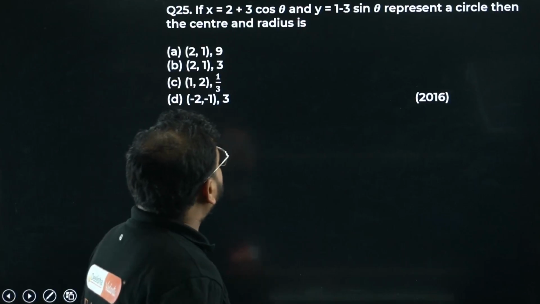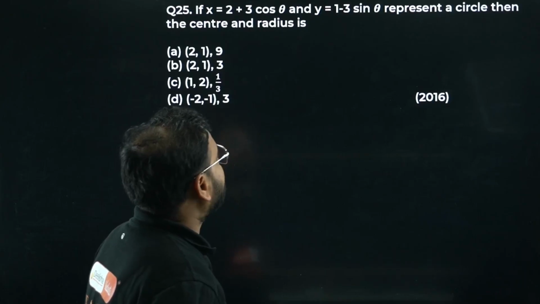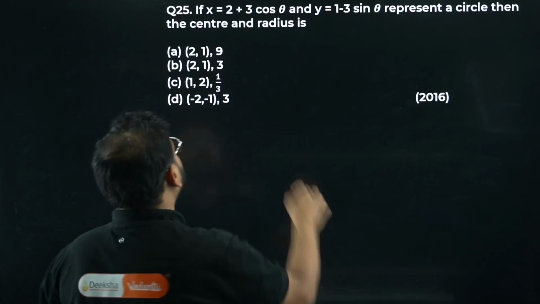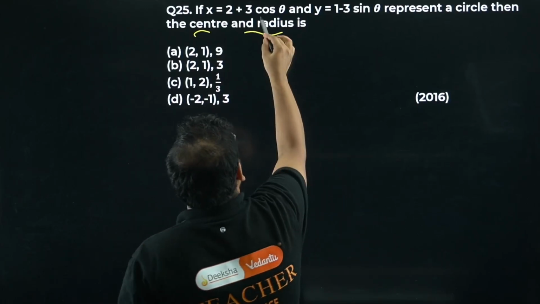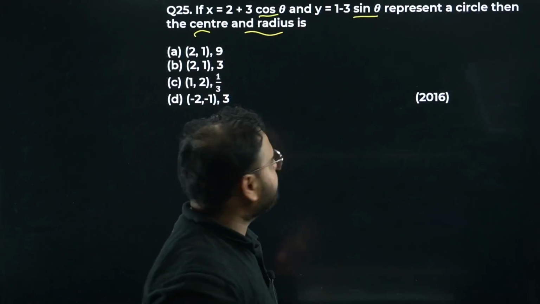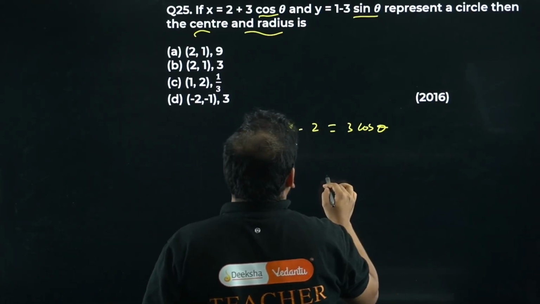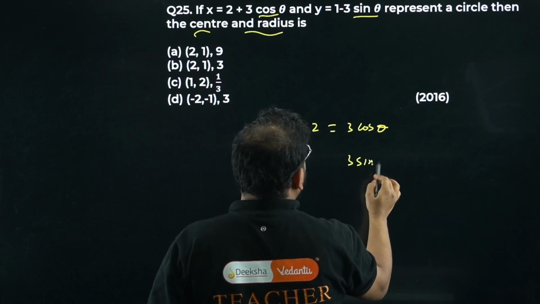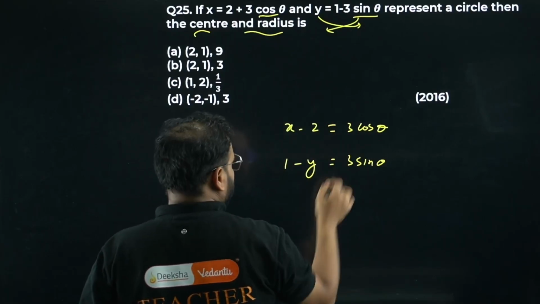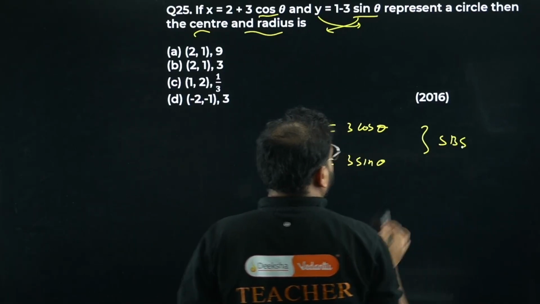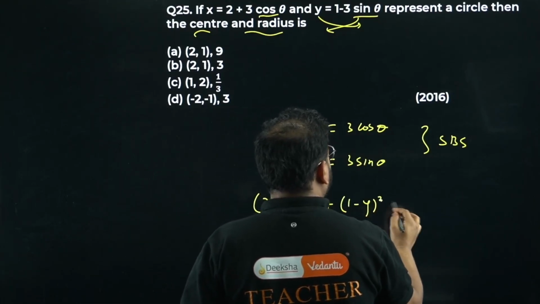If x equals 2 plus 3 cos theta, y equals this, represent the circle, find the center and radius. They're asking us to find the circle's equation, and from there check the center and radius. They've given the conditions for x and y, so let's eliminate theta. We have sine and cos, so I can square. I can write x minus 2 equals 3 cos theta, and 3 sine theta equals 1 minus y. Square both sides and add them. What are you going to get? x minus 2 the whole square plus 1 minus y the whole square equals